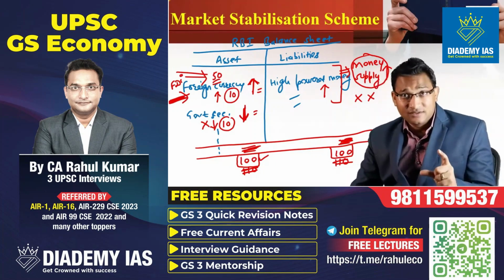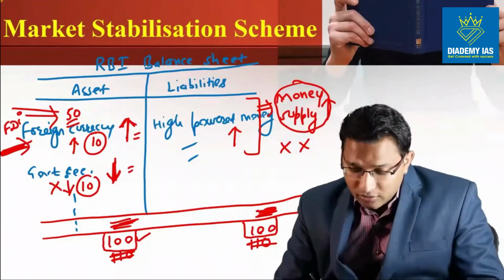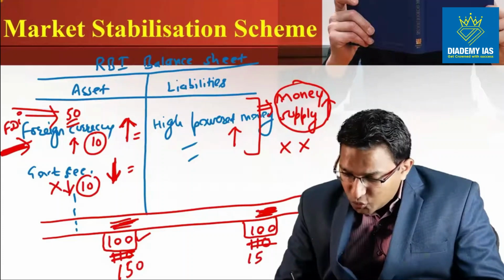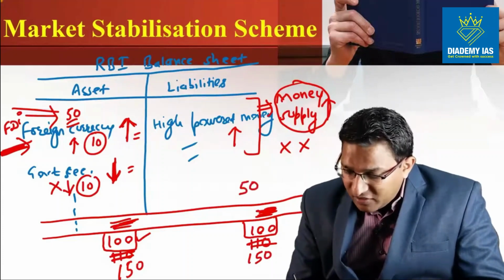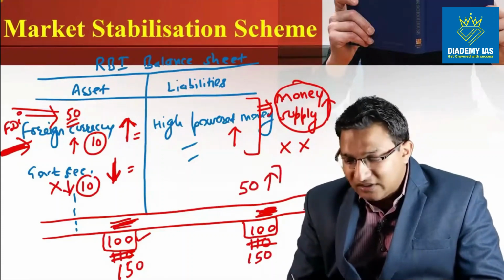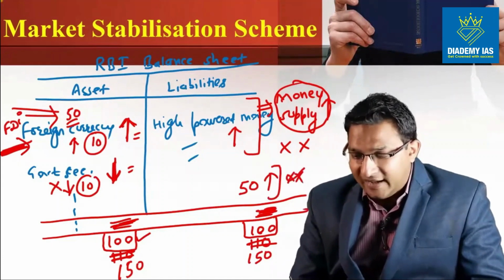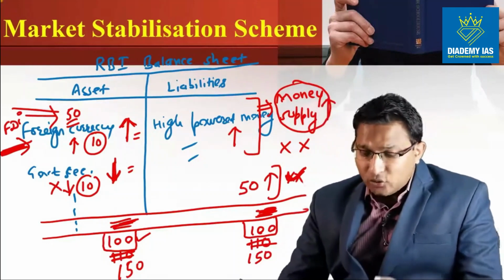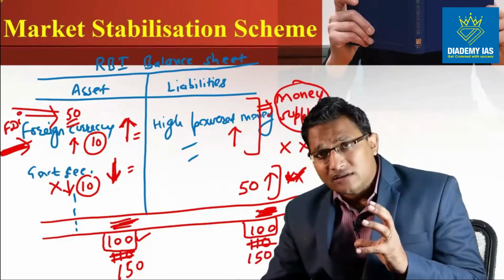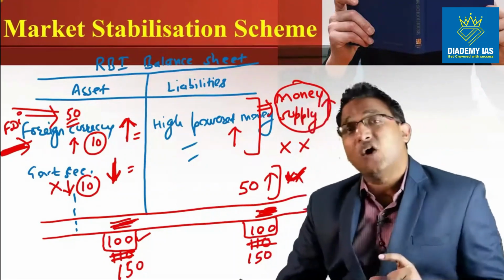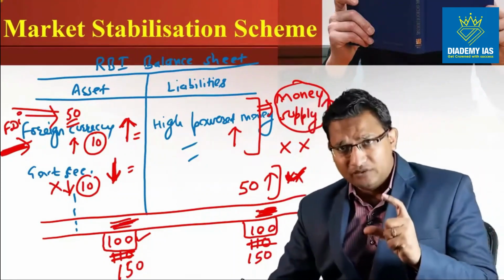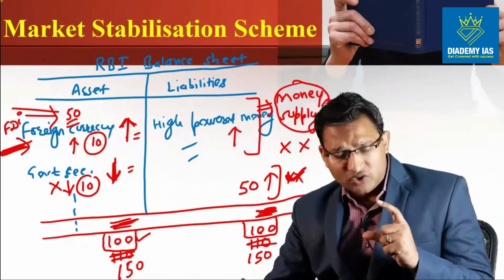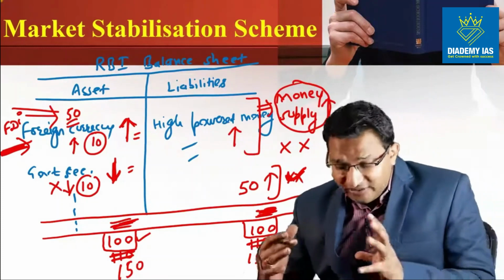manage the asset side, and we have to increase the liability side correspondingly. That means the high powered money has to be increased by 50. That means there will be multiplication and money supply will be increasing, right? So can you see, when the RBI is not having sufficient government security, then the money supply will automatically increase because of the extra FDI. So to avoid this situation,